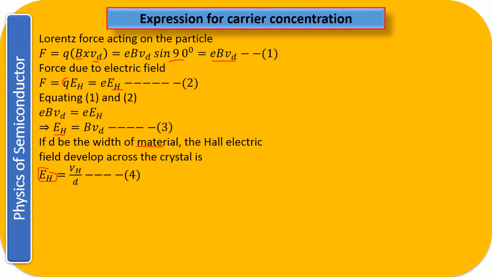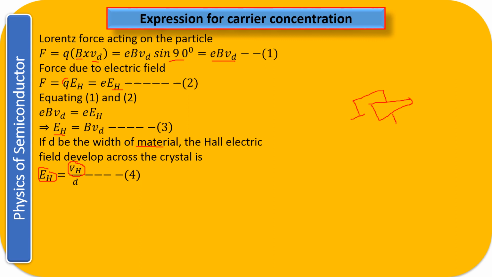So how much Hall voltage is getting developed? This voltage is a new voltage, and the voltage that is going to develop will be equal to V_H upon d, where d is the thickness, that is, whatever the material you have taken. So let us suppose this is the material that you have taken. So across this material, if this is the thickness d, then the voltage across this that has got developed is your V, right?